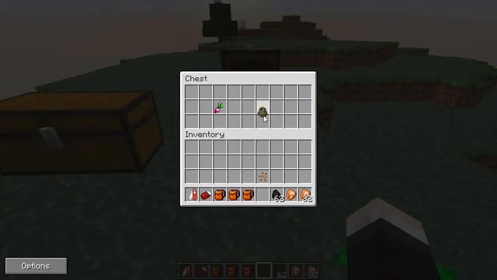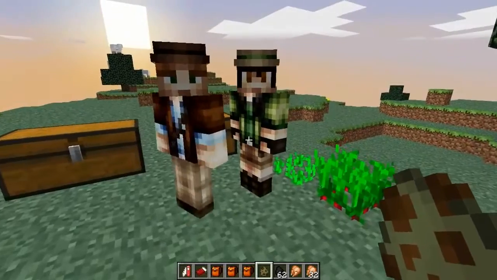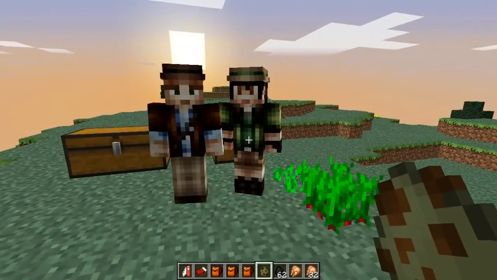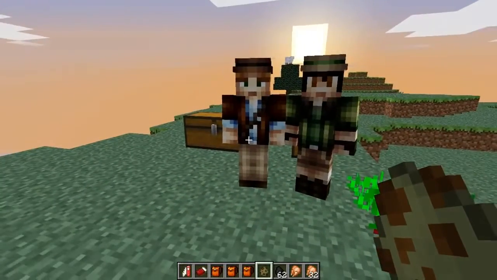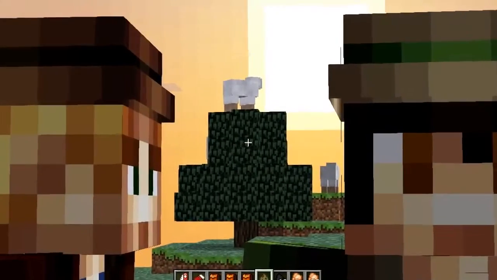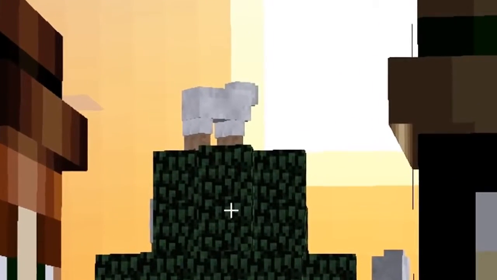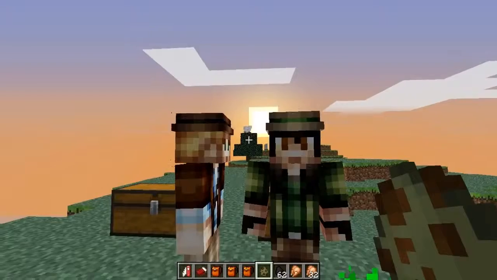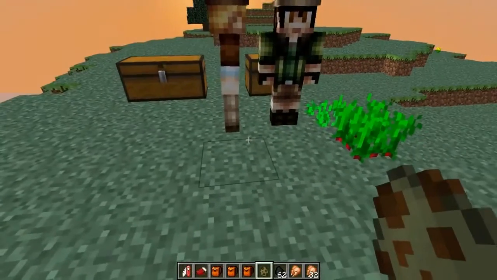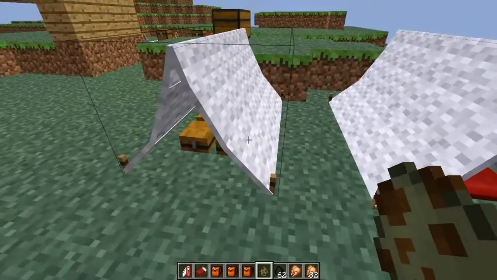And speaking of campers, we also have the final part of the mod, which is the camper mob. So these will appear in male and female form. As you can see, the female is on the right and the camper is on the left, the male one. And look at that sheep. That is an epic image right there. Look at that. Just to get distracted. And these will spawn randomly in forest and plains biomes with a single tent,